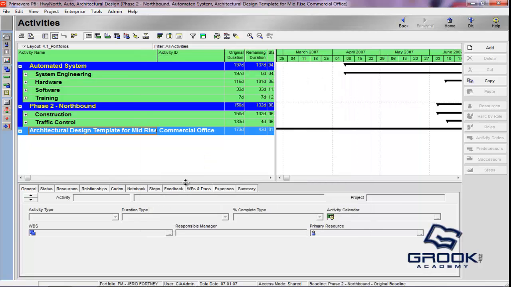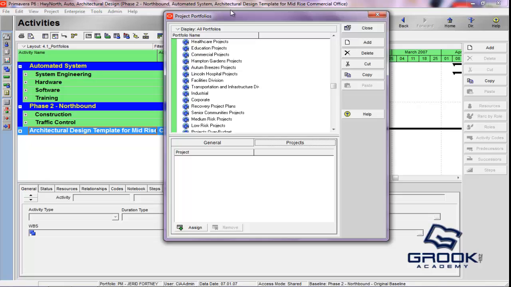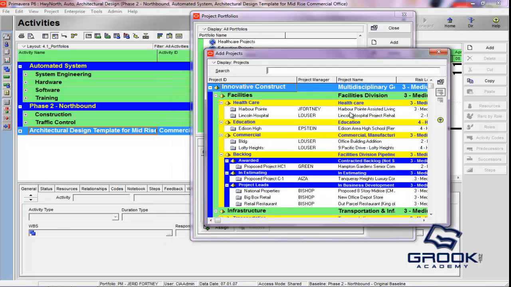So I'm going to close out of this without saving it. The interesting thing there, and something that I forgot, was if you make this available to another user, it also forces you to have to log in as them. So what I've done is recreate this: PM Jared Fortney, current user. I'm the admin on this installation, and I recreated the description. So what we'll do is go back and add the projects, which is actually good. It wasn't something I planned on, but you'll see